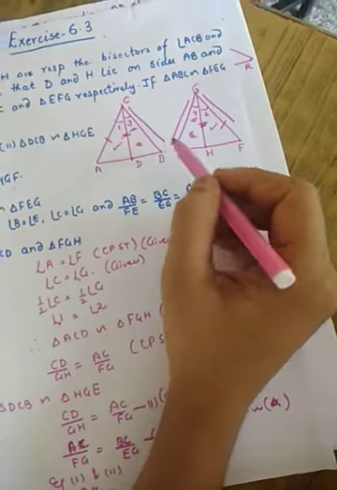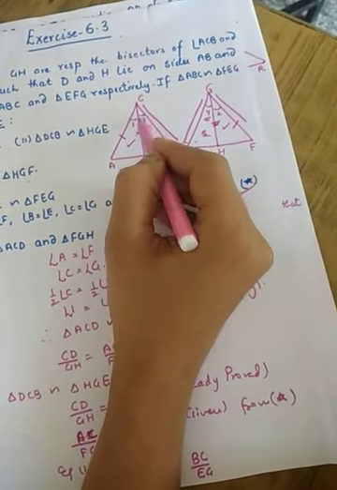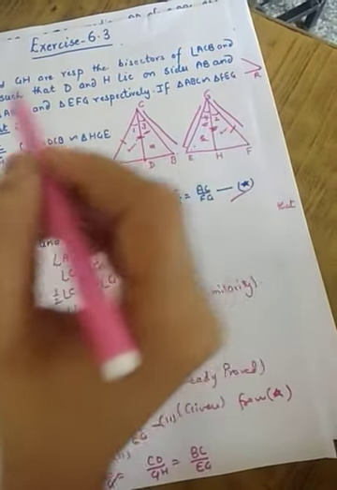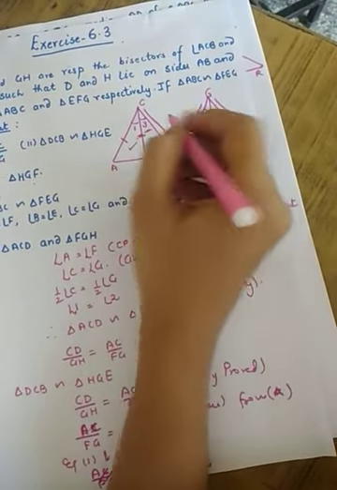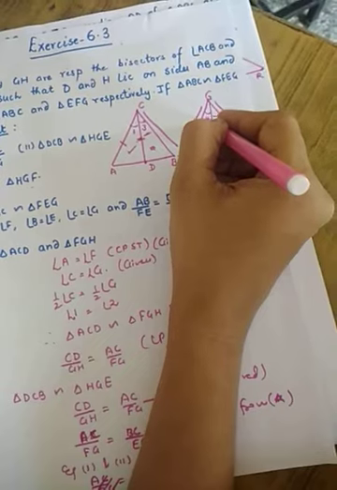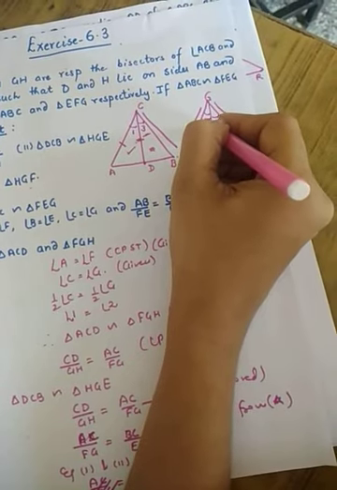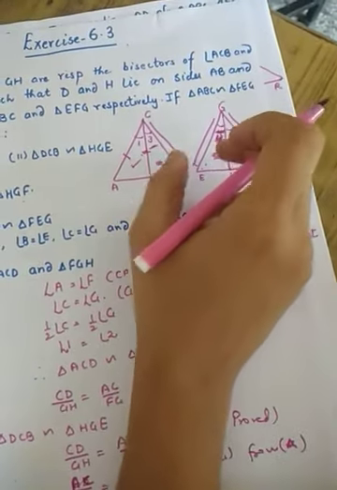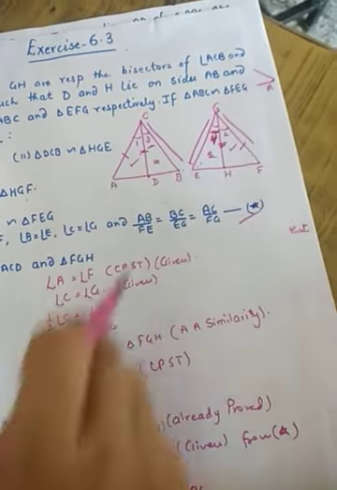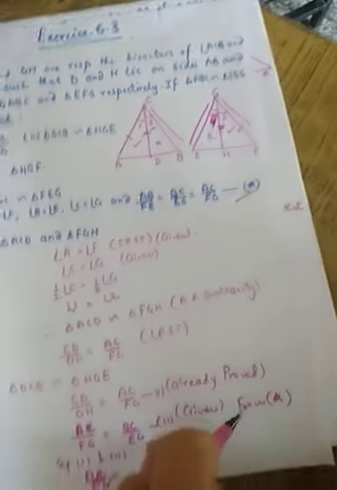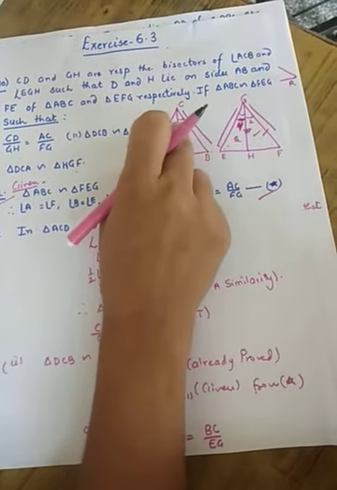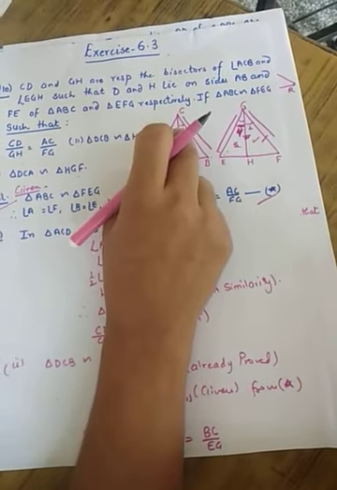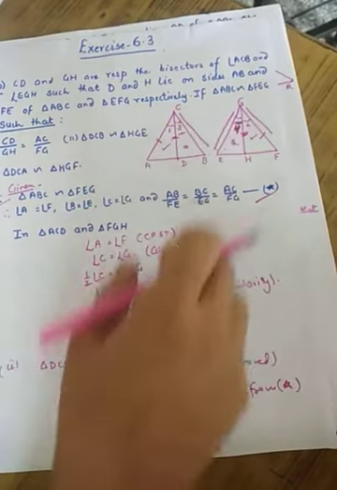These ratios are equal. Then again, angle C and angle G are equal, so half of them is also equal. If half of them are equal, then you will take that half part. This side you will take angle 3 and this side you will take angle 4. So both these triangles are going to be similar, like we have done here. In these two triangles, we have two ratios of sides equal and one angle, the included angle, equal. It means by SAS the triangles are similar.